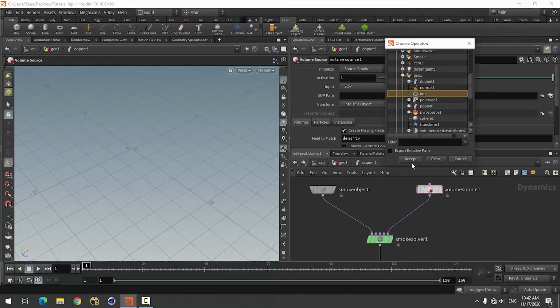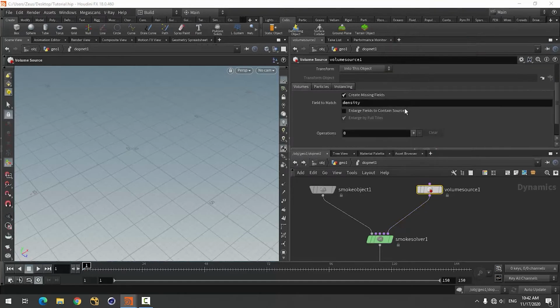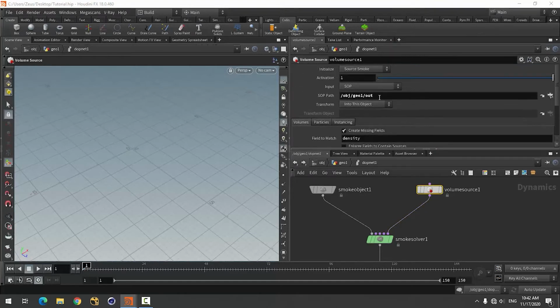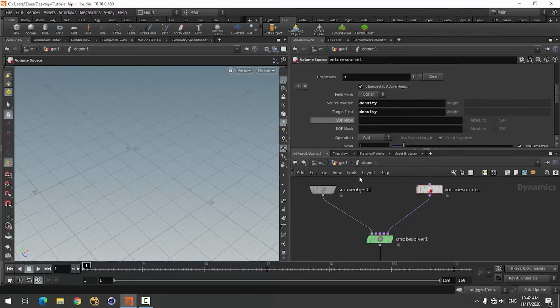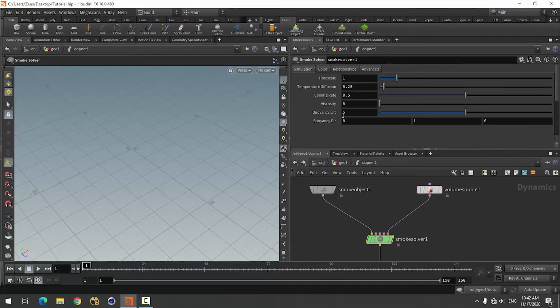Geometry out. Use source fuel, then source smoke. Density for temperature, I'm using density. Velocity, everything okay. We need buoyancy, cooling rate a little bit higher,